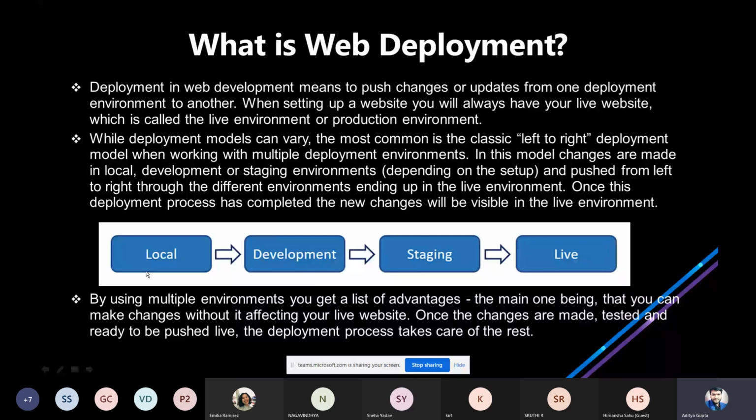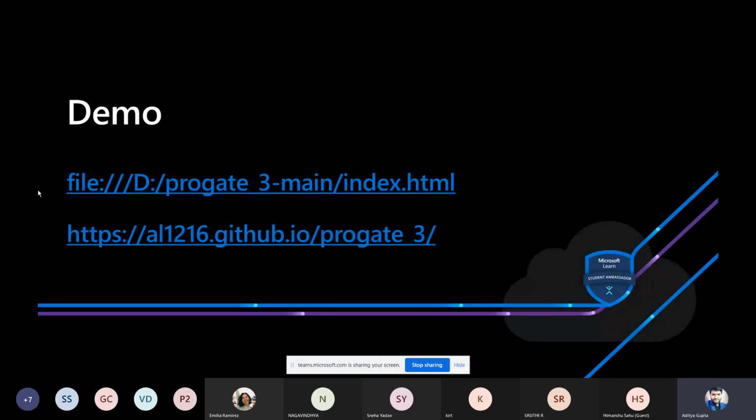Maybe you noticed here, if you see the URL, it is file, colon, slashes, D, Progate 3 main, index.html. Let me break this link down so you can understand it. What does file basically say? File says you are going to use your computer drive. But in your computer there are many drives like C, D, E, F. How does the computer get to know which files need to be fetched?